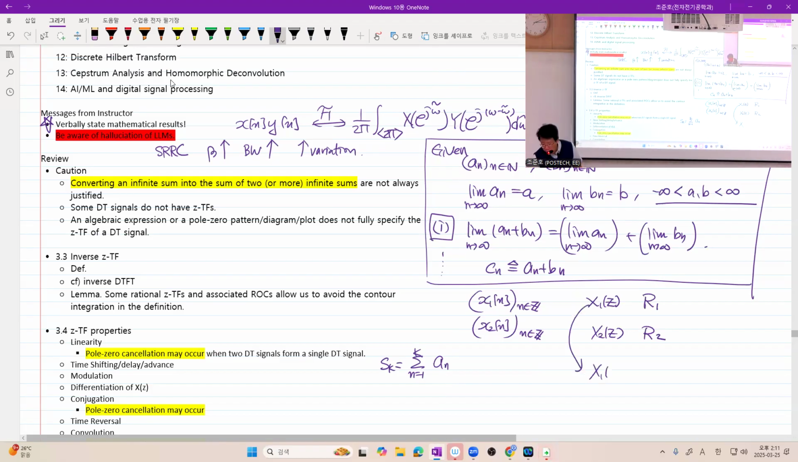Recall the definition of Z transform, what it is. It is a series, right? However, by changing the value of Z, you have different series. Some series converges. Some series does not. This ROC, that is a subset of the entire